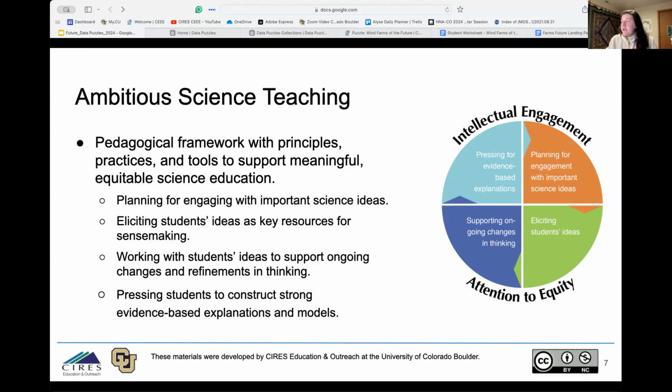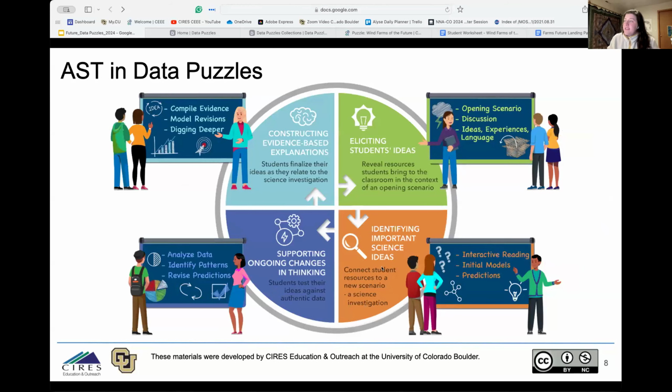And you'll notice that what happens here, if you can observe these colors here, is that this planning for important ideas, really, this gets taken off because we have done the planning for you. So this is teacher facing, right? And so we've done this planning, and what we've replaced it with is identifying important science ideas and having students identify those important science ideas. So in our consultations, this is where we really kind of landed on adapting those practices into shorter resources for our own framework.